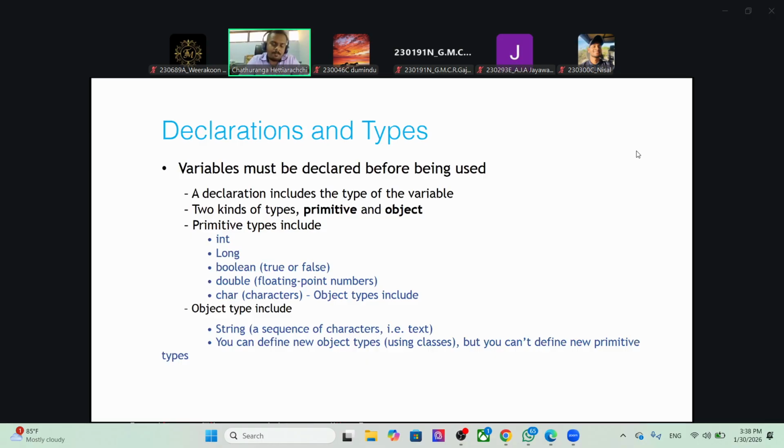So, for example, an integer value: you know how to store it, right? And so on. So how to deal with it? These are called primitive types, right? These are primitive types where we would have,